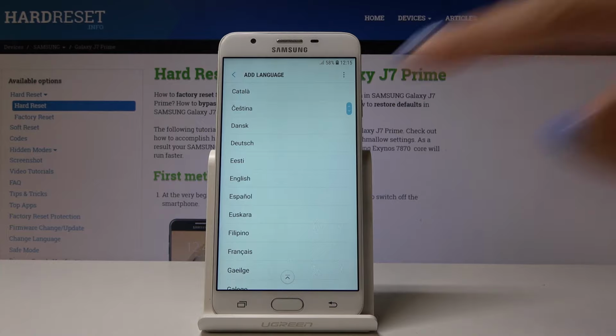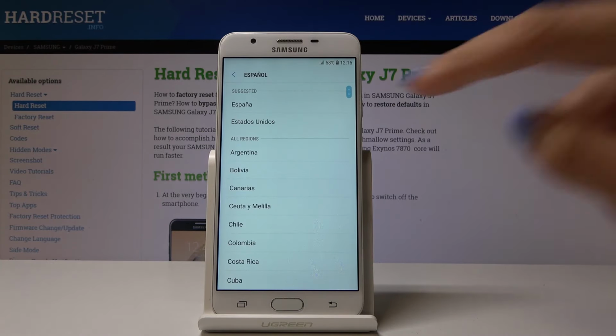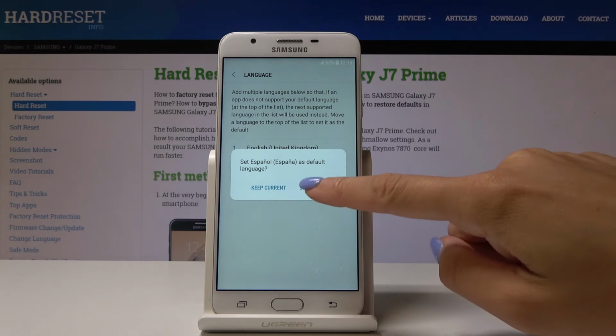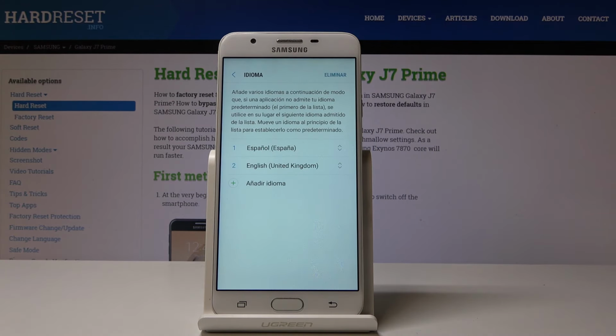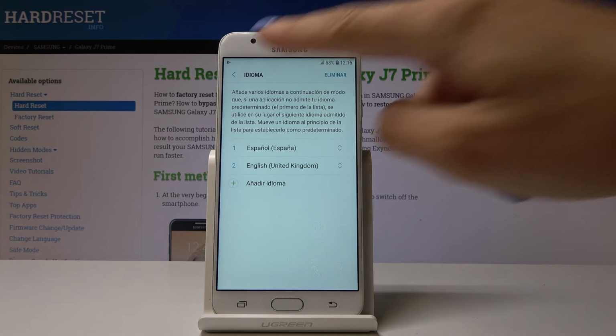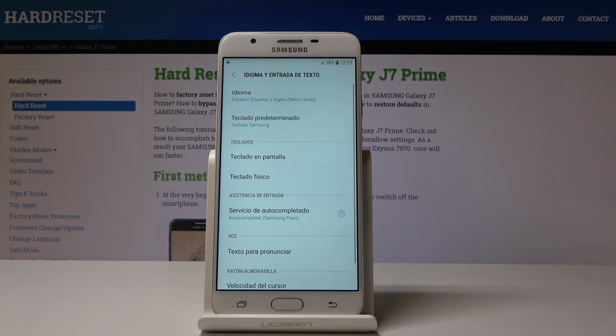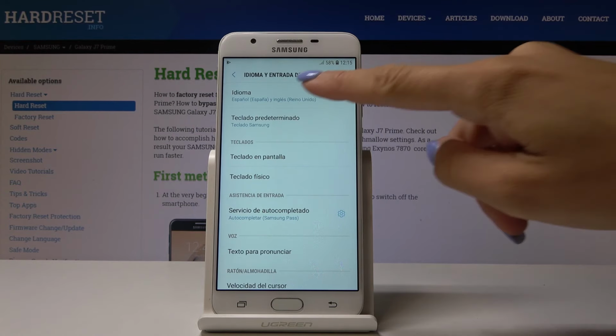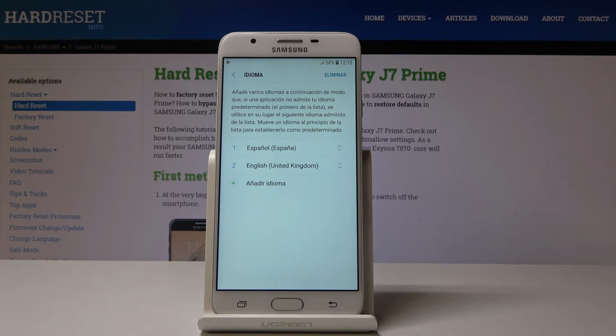Let me change to, for example, Espanol. Then let me pick the region, set as default. And from now on, as you can see, Espanol is our default language. Everything is in Espanol. Then if you would like to go back to your previous language or add some other,